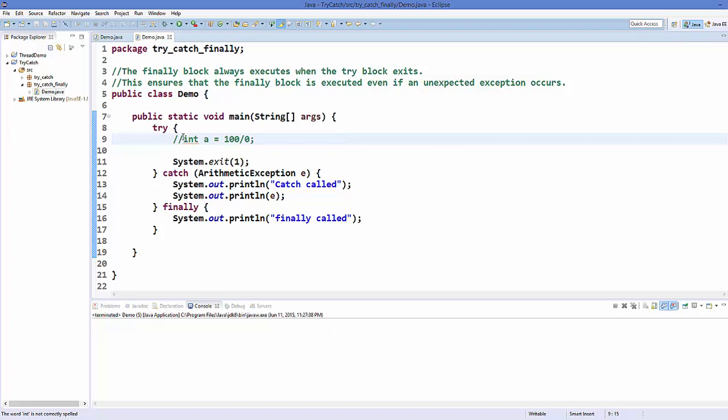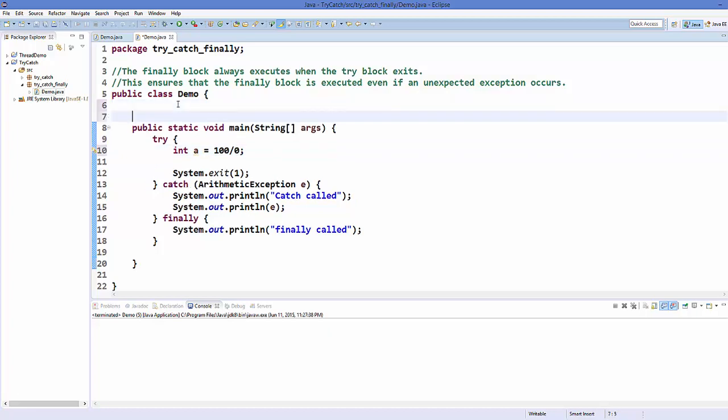Okay, now to understand this situation in a better way, let's create a method. For example, public static void, or let's return integer here, and let's say return int.